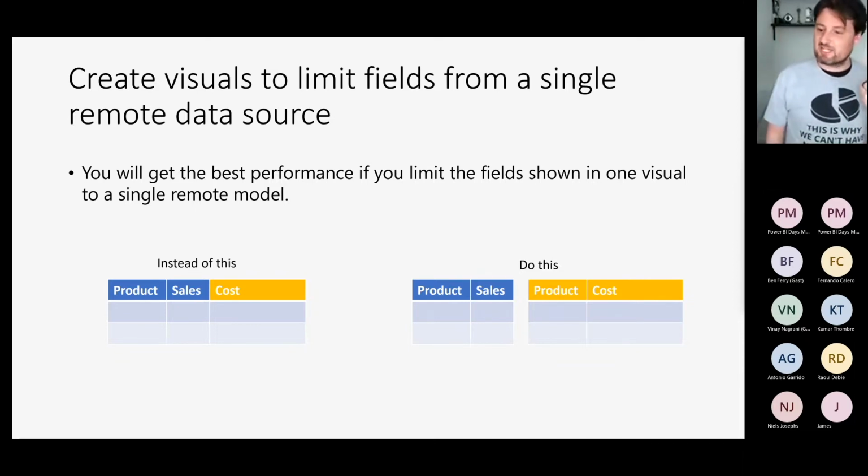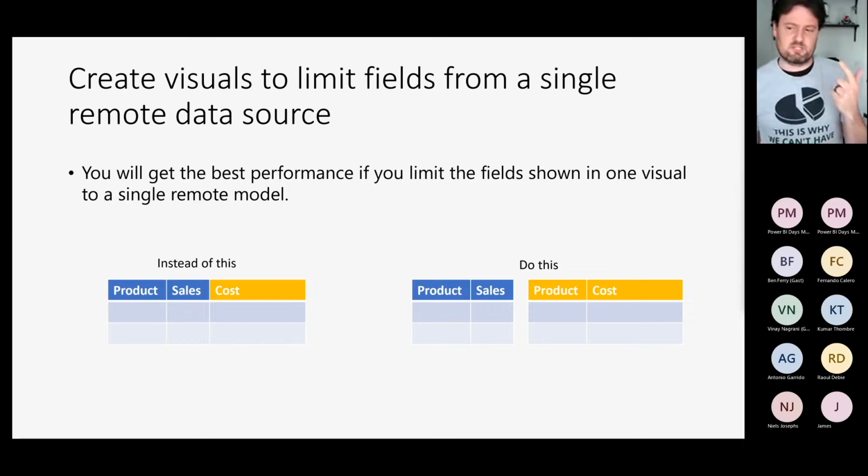The second question is, what's going on with that build permission thing? If you have looked at this feature before, you might have seen that if you built a report using this feature, and you shared it with somebody who just needed to view the report, you had to give them build permission on all of the models that were related in this report.